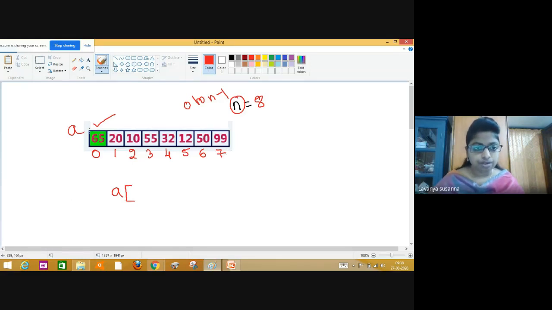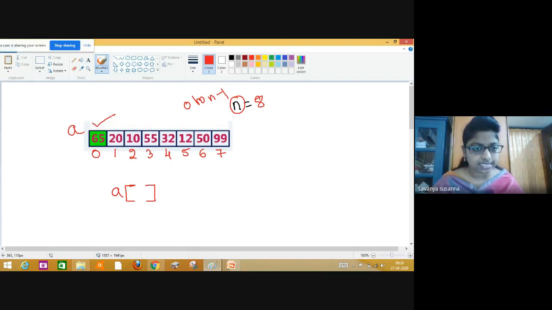Okay. Now, you need to access element 65. How to access it? First, you need to write the array name. What is the array name here? A. Next, write down the subscript operator. Open square bracket and close square bracket is called the subscript operator. Inside the subscript operator, you need to place the index of 65.